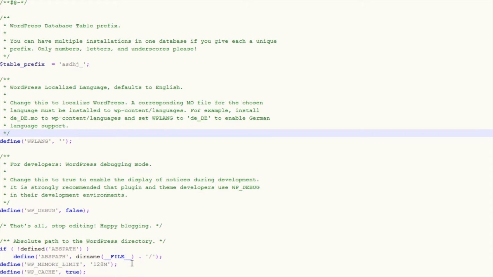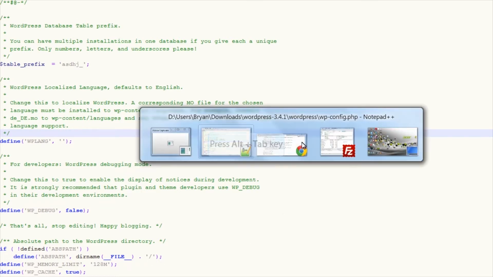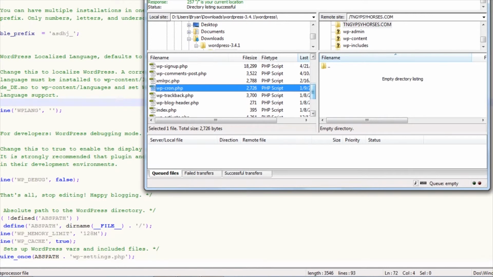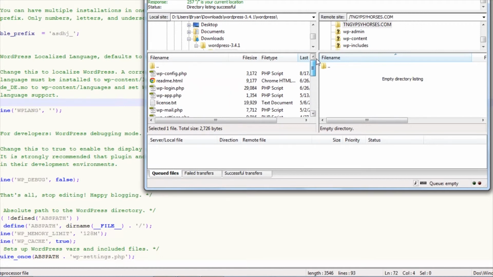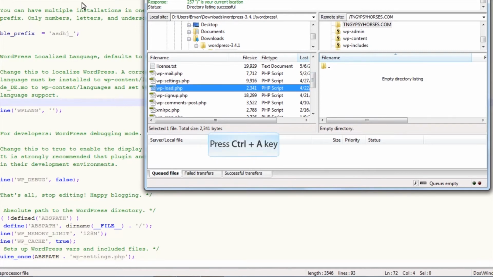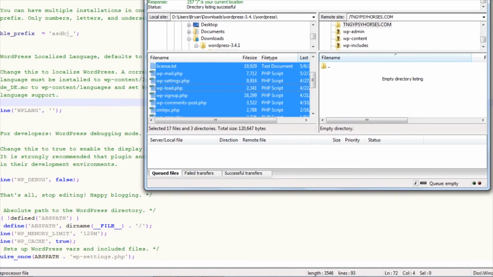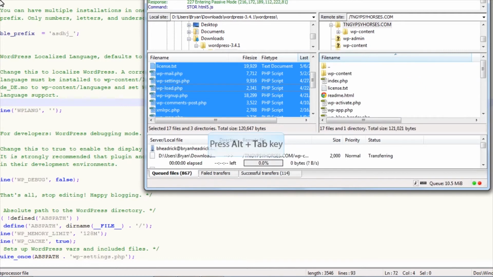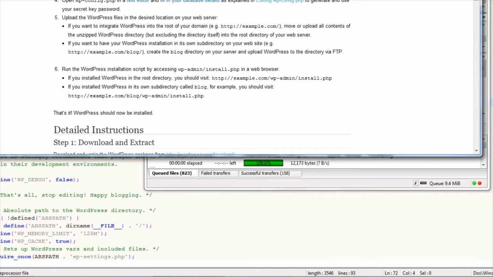Now we're ready to start uploading stuff. So what we're going to want to do is bring up our favorite FTP client. Now, for me, that's FileZilla. Notepad++ actually has a plugin that you could do FTP with. I still like FileZilla better. So I've gone ahead and pointed us to the document root of the tngypsyhorses.com domain. And on this side, I've got all the files that we downloaded and extracted, including the wp-config file that I just finished editing. So we're just going to press Control A to select all, and then just drag it over here. And it's going to take a while for these files to upload, but once they're done, we're just going to browse to